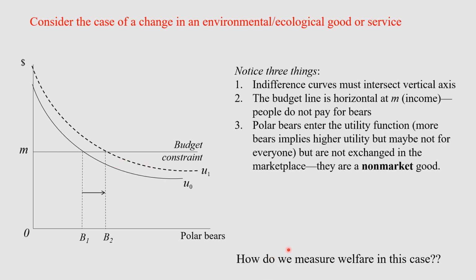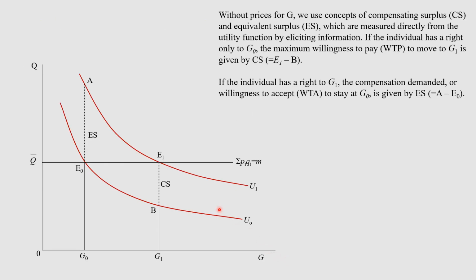So how do we measure this welfare change? Well, without prices, for now we're going to use G as a general good, an environmental good or service. We use compensating measures that we refer to as compensating surplus and equivalent surplus, because there are no price lines here. You don't see any prices here. You've got your budget constraint, which is this horizontal line. And in this case, you have to measure the CS and the ES, the compensating and equivalent surpluses, directly from